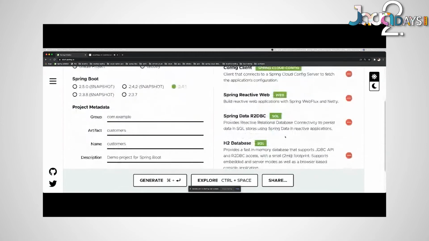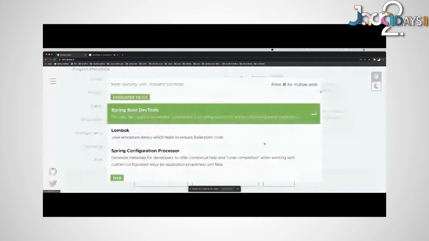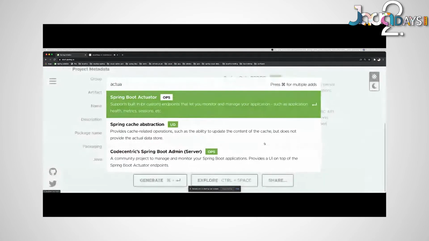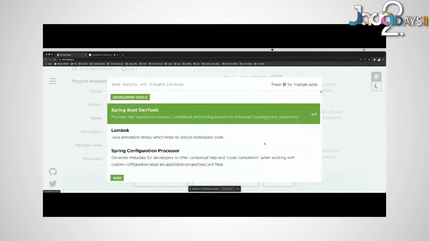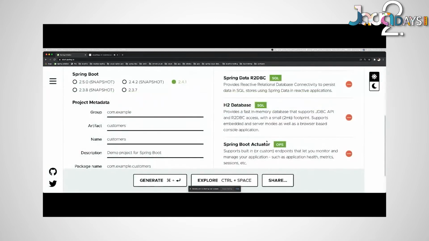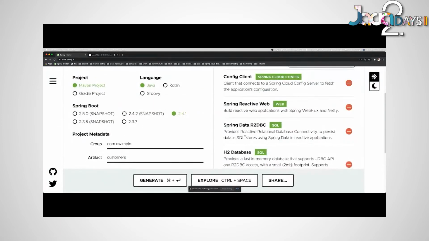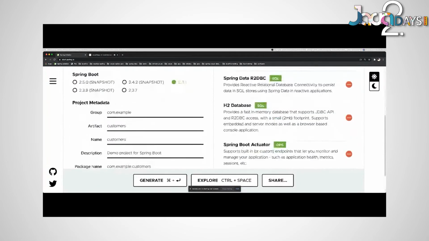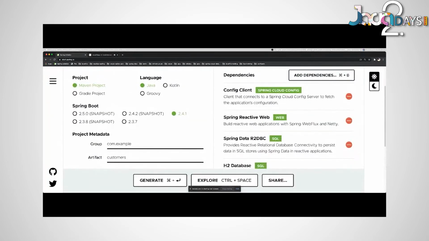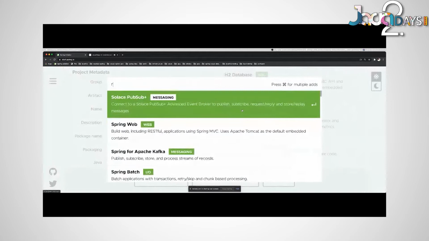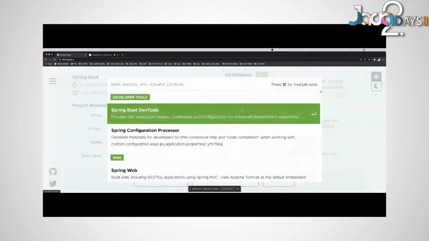We're going to bring in the Spring Boot actuator. We're going to bring in Lombok. Lombok's a compile time annotation processor. And I think I'm happy with my selections here. Lombok, actuator, H2, reactive web, config client. Oh, you know what else I want to bring in? I want to bring in the RabbitMQ support here. AMQP, et voila. Okay, so there's my different dependencies.